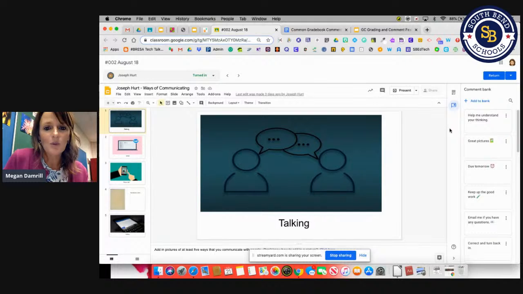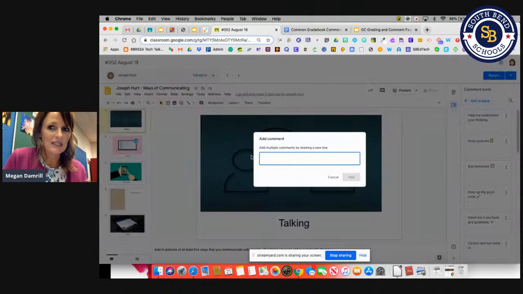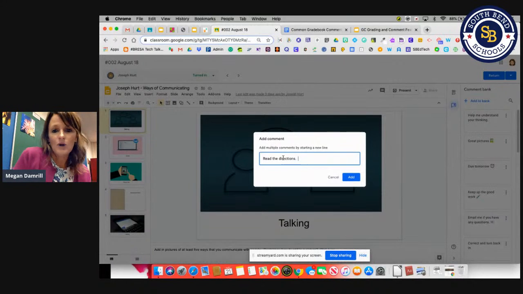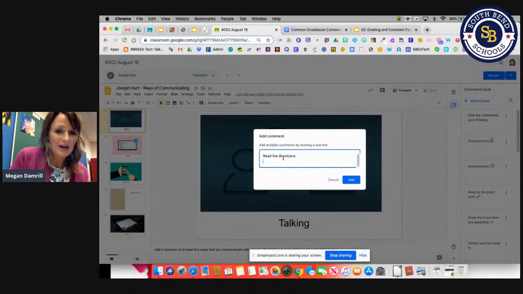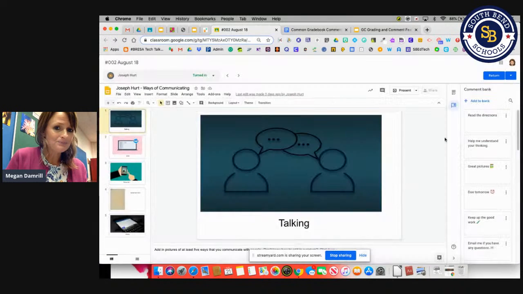So there's a couple different ways that you can add comments to the comment bank. There's a plus sign right here. So if I click on this, I can type something in and it'll add it to the comment bank. And every single thing I put in here, I can edit. If you want to put in more than one comment, you can just hit enter or return and go down. Each comment does have to be on its own line, I will say that. And then once you get that done, you can just click add and it'll put that